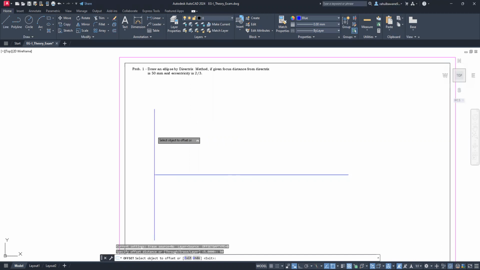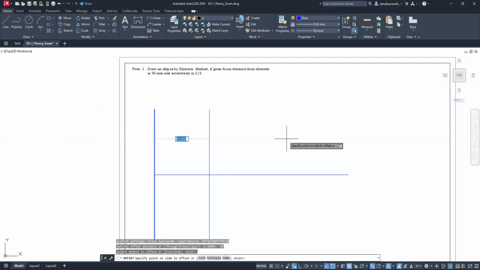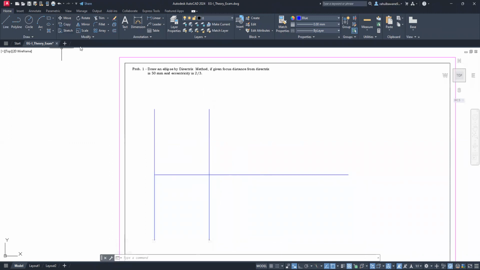vertical line. Now the computer doesn't know whether it is shifting by 50 mm to the right or left. So you have to shift your cursor accordingly. If you want this shifting towards the right, just shift your cursor in the right direction and click once. Your line will be offset by 50 mm. But we don't want this much height of line. So what we will do, we will just take a small circle